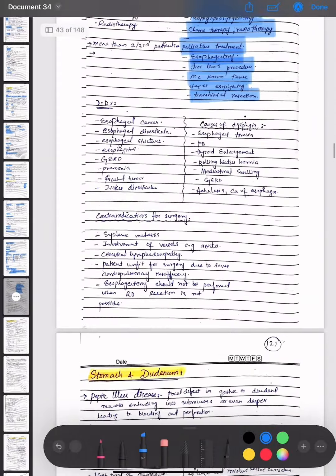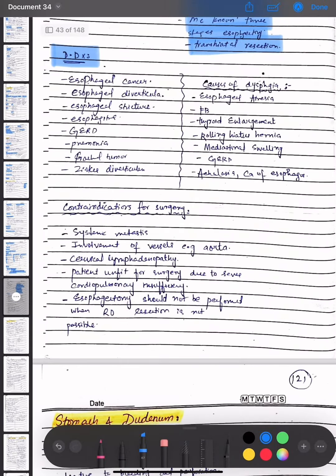Now, what are the differential diagnoses of the carcinoma of esophagus? These are esophageal cancer, esophageal diverticula, esophageal stricture, esophagitis, GERD, pneumonia, tumor, and tracheal tumor and Zenker diverticulum. The causes of dysphagia are esophageal atresia, foreign body, thyroid enlargement, rolling hiatus hernia, mediastinal swelling, GERD, and achalasia, that is,